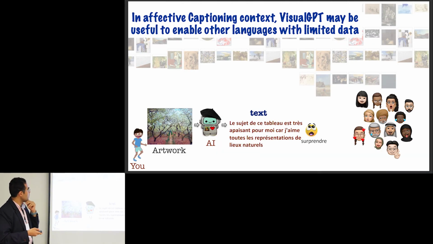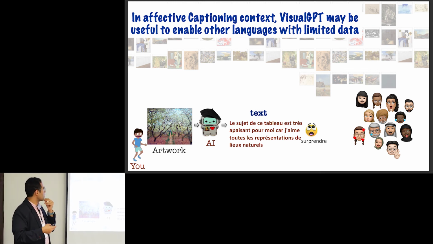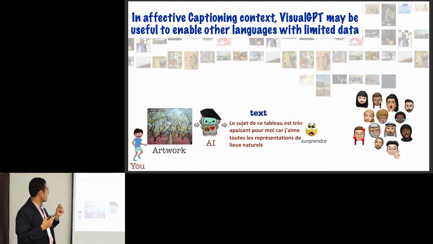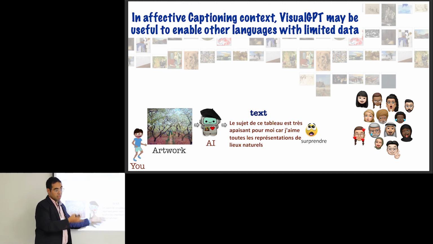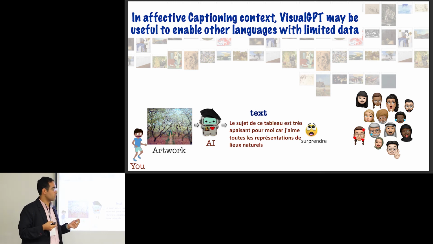Why can this be useful? Imagine the multilingual perspective that we talked about earlier. For some languages we have much more data than others. So if we want a model that is capable of producing affective captions, similar to the Artemis-like thing, we might not be able to iterate on all possible languages. So we want to integrate new languages very quickly to be more inclusive to all possible languages.